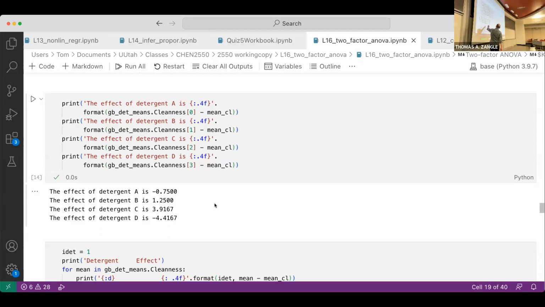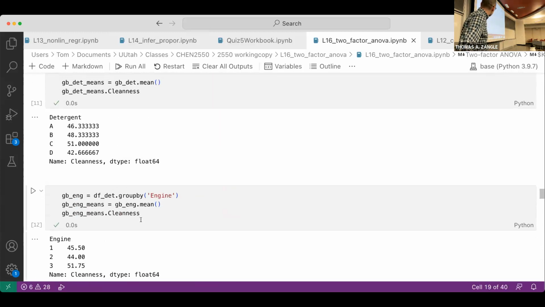We're saying that our estimate is that detergent C has the biggest positive impact on our cleanness factor, whereas detergent D has the worst impact on